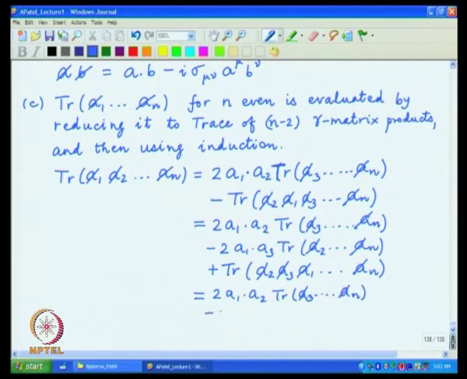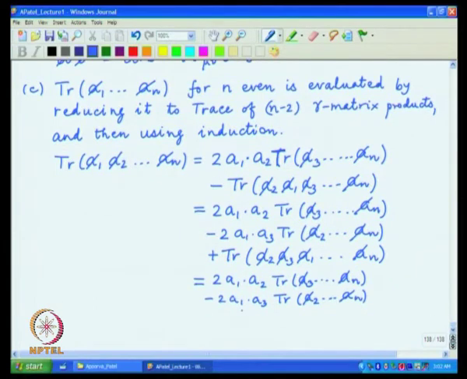The next one will have a minus sign, then the next term, which will be A1 dot A4, will have a positive sign, and one can continue all the way till A1 becomes next to A n,